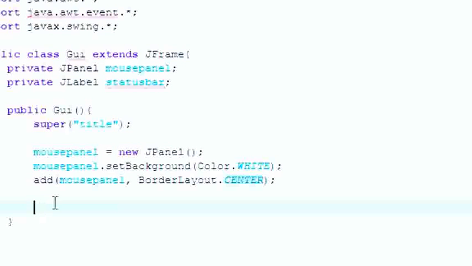Not very exciting. So let's go ahead and add that status bar we talked about right here. Type in status bar, and we will set this, I spelled that right, it always underlines it like I spelled it wrong, equal to new JLabel. Remember, don't get this confused: JPanel, JLabel. Your status bar is a JLabel, and just set it to